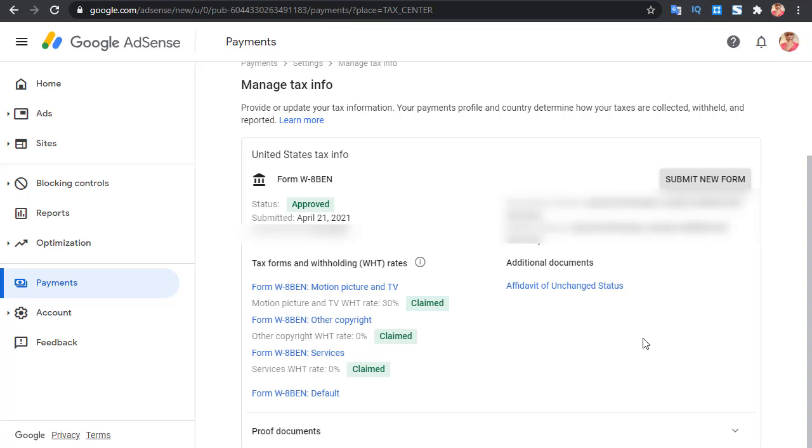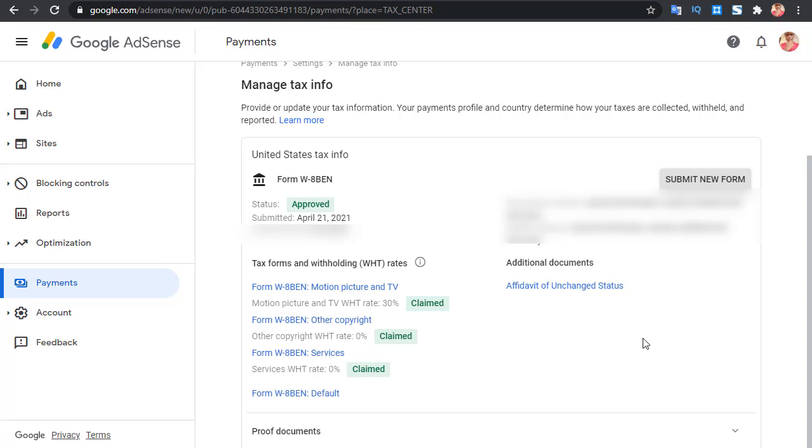So if you're a creator that has an audience in the US, then this is going to be unfortunate for you, because it's going to deduct a huge amount of your earnings eventually. So I'll always urge you to look for someone outside your country, in Africa, Europe or America, who can send you his tax documents to show Google that he pays taxes over there.